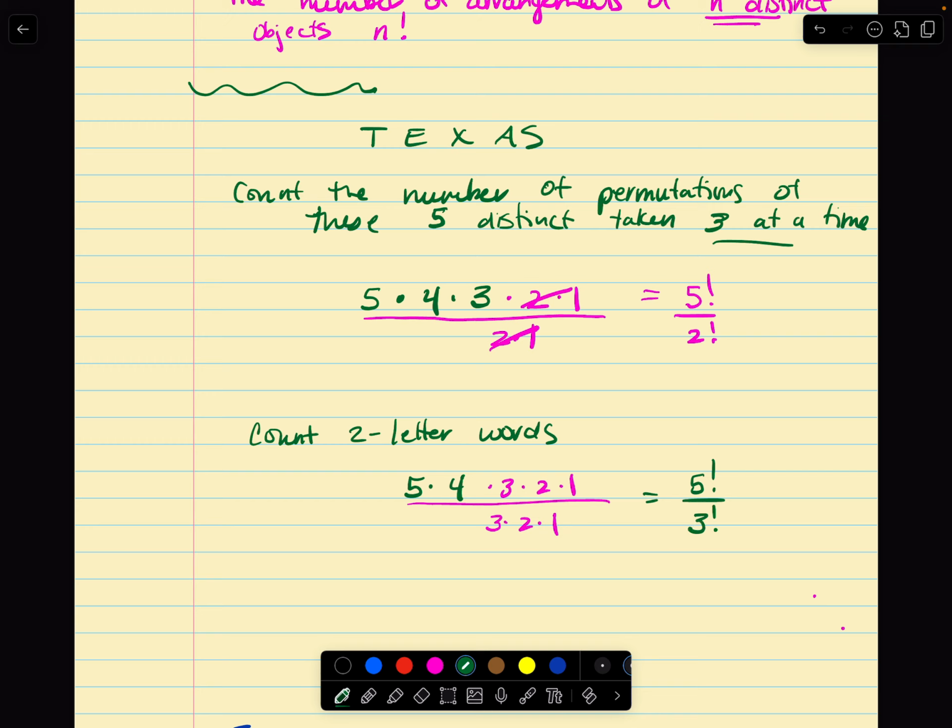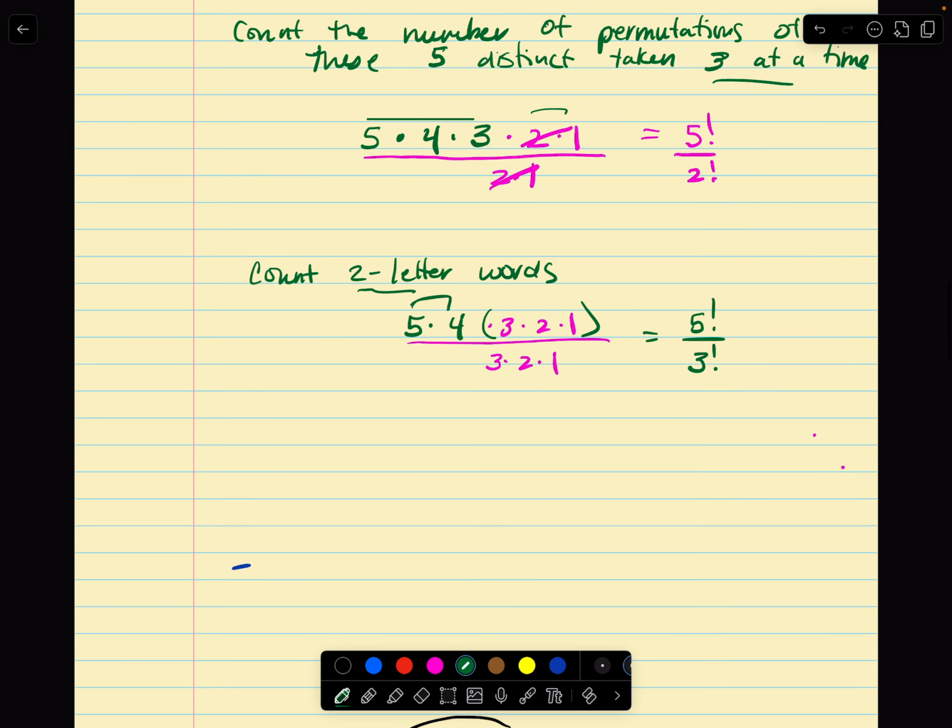So what does this 3 have to do with the 2-letter words? Well, it's the stuff left over after you've gone 2 steps. So if I have 5 possible steps, I could do the first 2, and I should have 3 left. Similarly up here, I had 3 steps, which means to get the factorial, I need 2 more steps. So if we want to write it in terms of the size of the word, if I said 1-letter word,